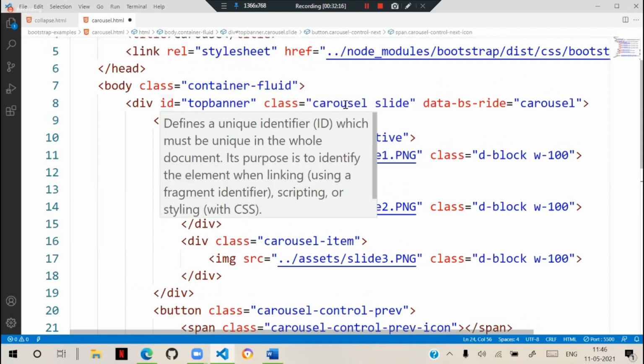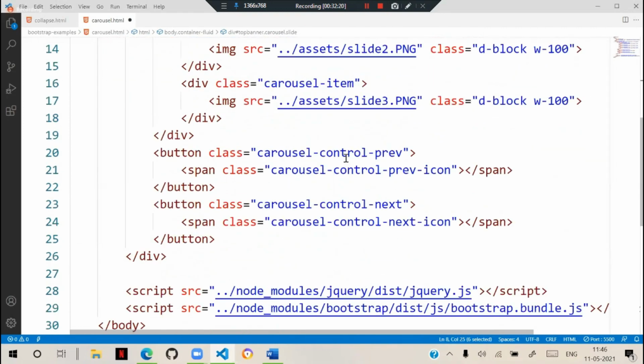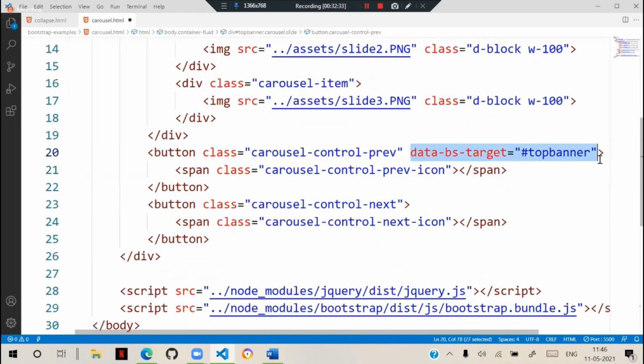The ID for the carousel is top banner, so for this button data-bs-target is equal to #topbanner. The second button also targets topbanner.